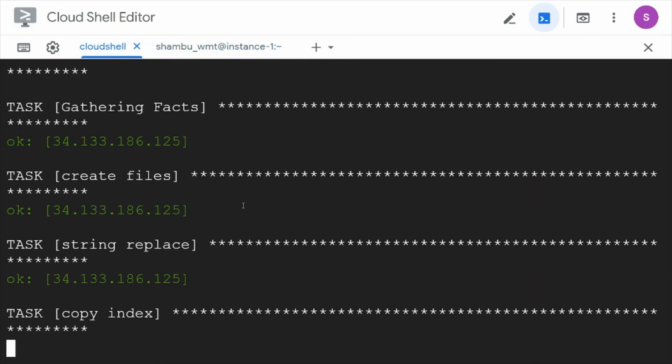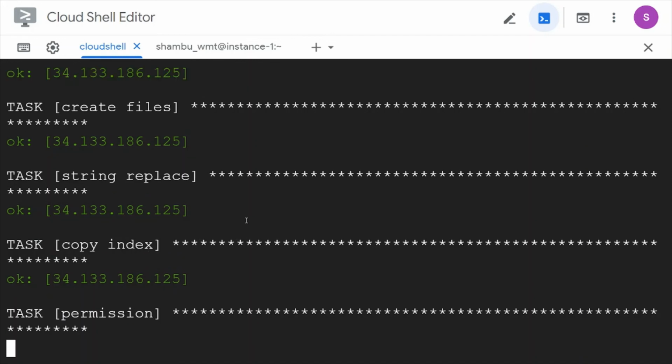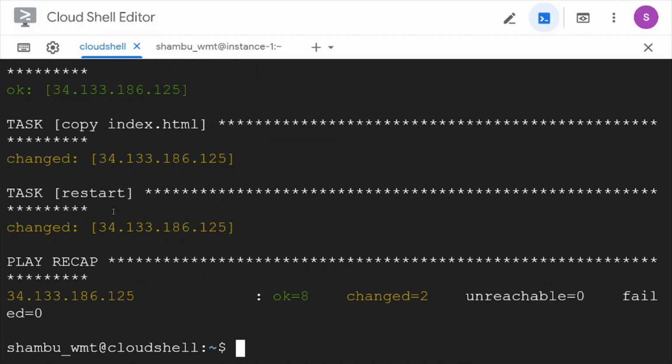So let's wait for this playbook to finish. Then we will go and check the index.html page. So that should have this content. This is changed and this is changed. Two changes are there.